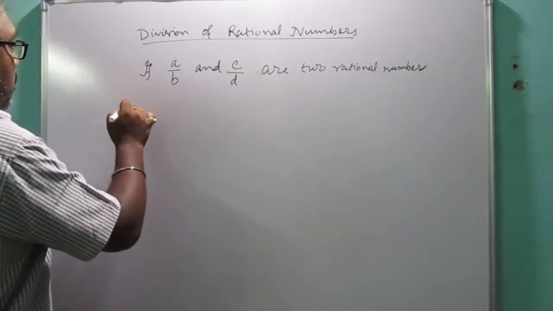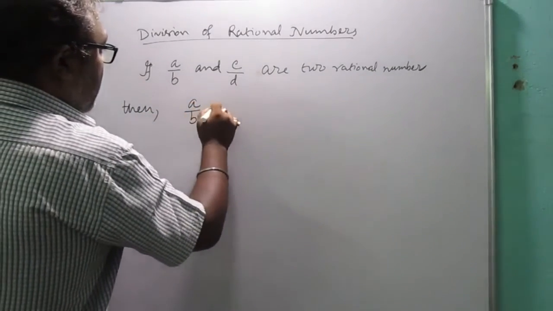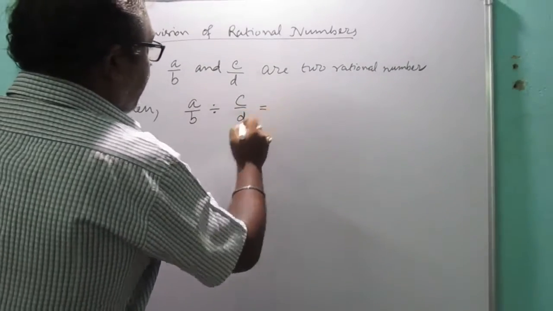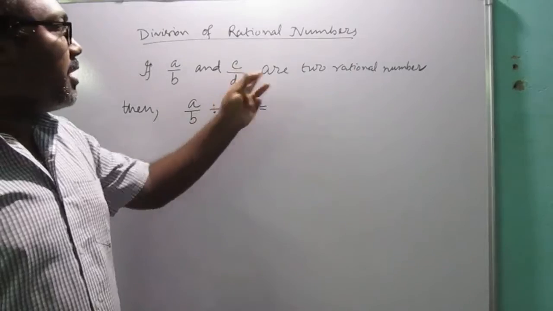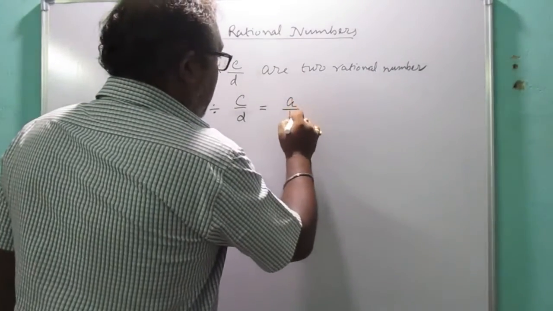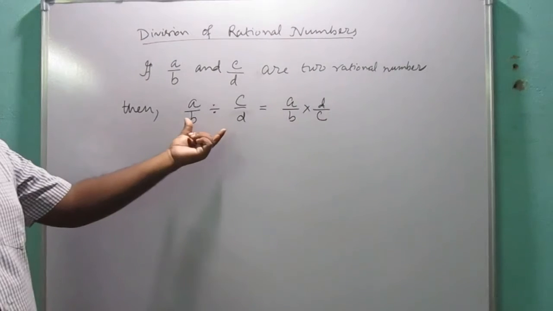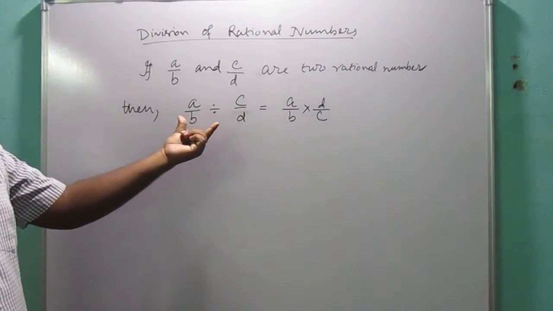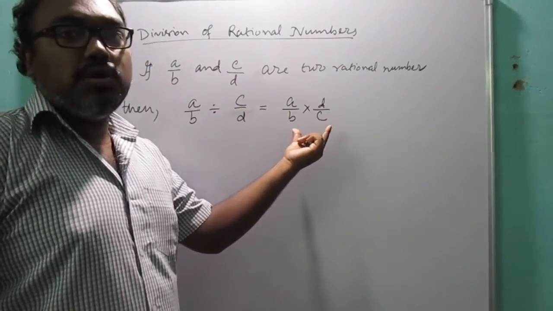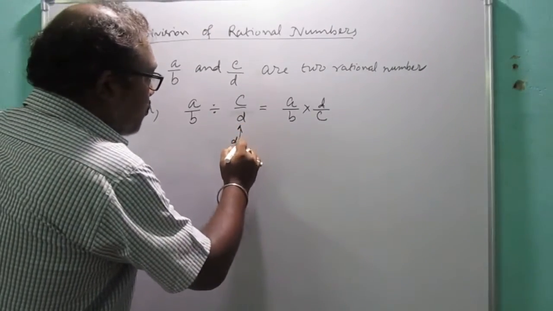okay, then A by B divided by C by D will be equal to A by B into D by C. That means, to solve the division of two rational numbers, we have to convert it into multiplication of rational numbers on the condition that the divisor, this part is called the divisor, we have to